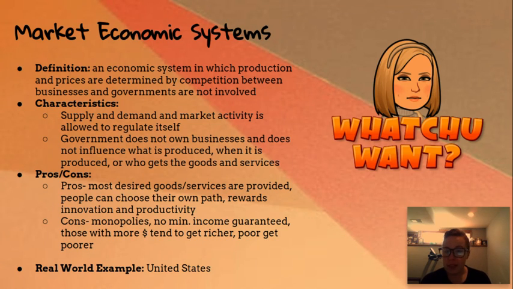There are a lot of monopoly situations, like Amazon, right? Amazon is a huge monopoly as far as being able to buy cheap products online and get them shipped to you for free. I don't know of any other company that can do as many products as quickly as Amazon can. And I'm definitely not a victim. I actively choose to shop on Amazon all the time. It's been my best friend lately because we can't really go anywhere. But there is kind of a monopoly situation. So if they did choose to suddenly raise their prices, there wouldn't be a whole lot people could do about it because we all depend on Amazon a lot. But anyway, there are some pros though, obviously, too. People get the goods that they want, right?